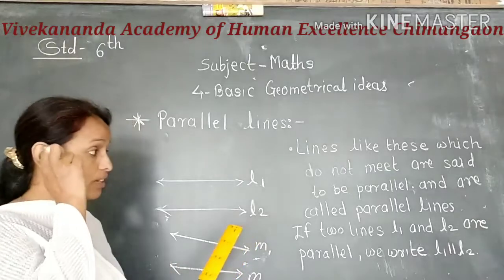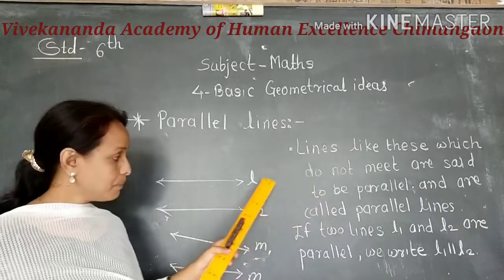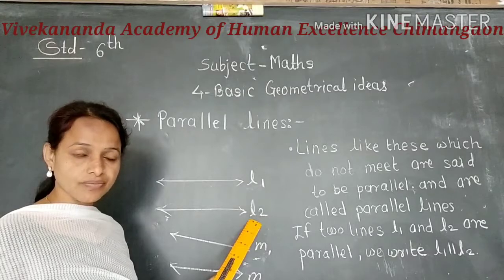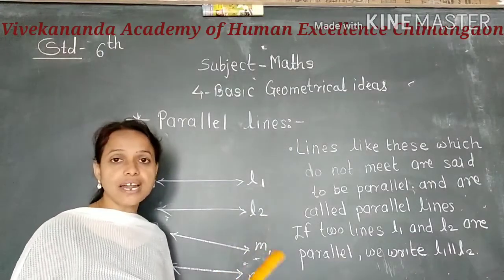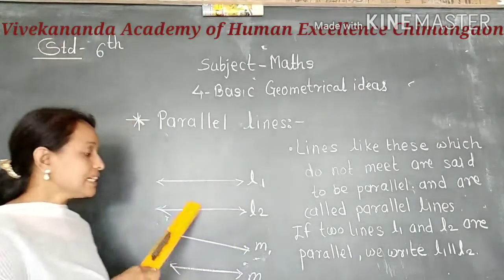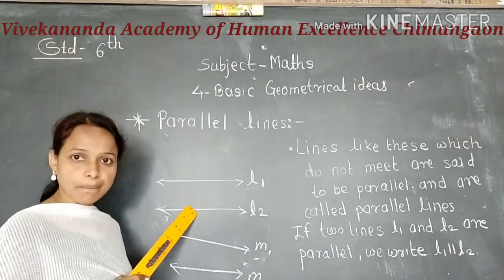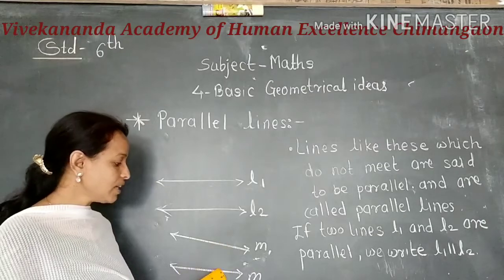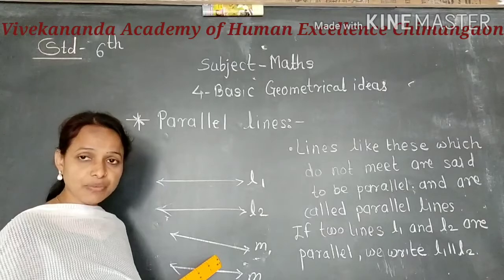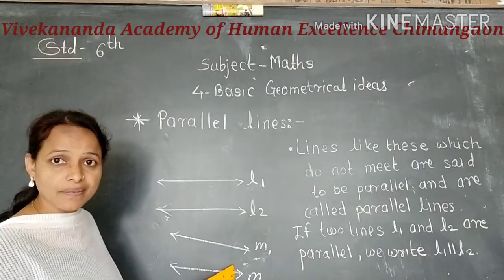See what we said now? Lines which do not meet each other are parallel. But here, lines L1 and L2 are parallel to each other, while lines M1 and M2 are not. Because if you observe the distance between these two lines, it is the same everywhere. But the distance between lines M1 and M2 changes. If you observe this figure, you will see that the distance between lines M1 and M2 is not the same everywhere.